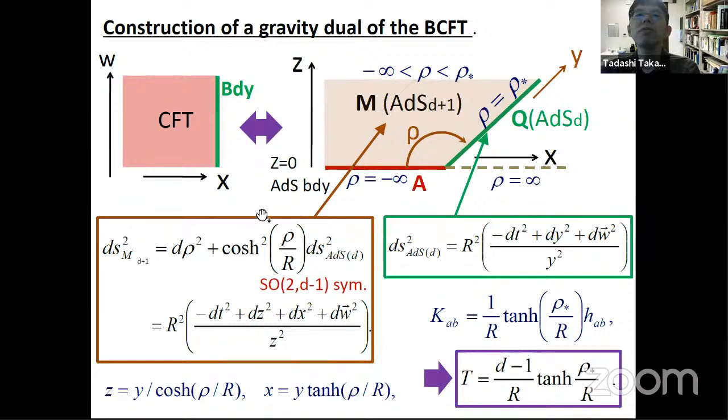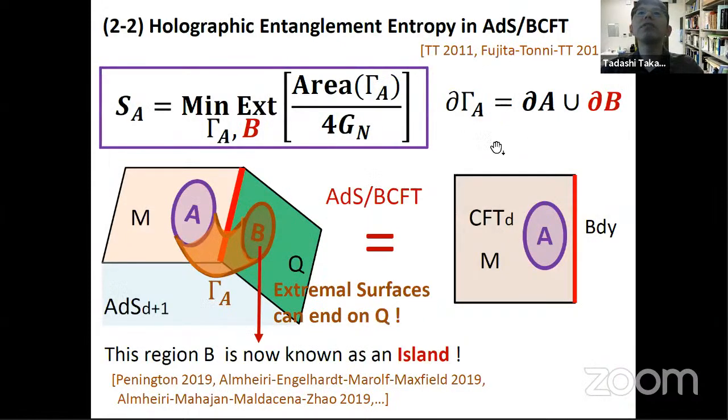And this rho is the most important direction. It is just this radial direction, which starts from the boundary and goes to this end of the world plane. And rho takes minus infinity here, and 0 and rho star. Rho star is a parameter related to the tension through this boundary condition. If the tension is large, then there is a large degree of freedom, so we have a larger space. The gravity dual gets larger, and so on. Okay, so this is a gravity dual, and now we come to this holographic entanglement entropy, and this calculation